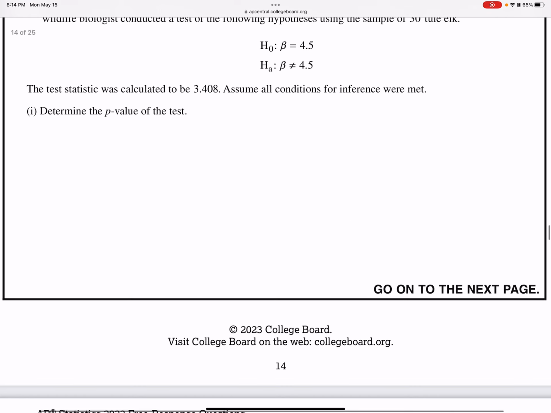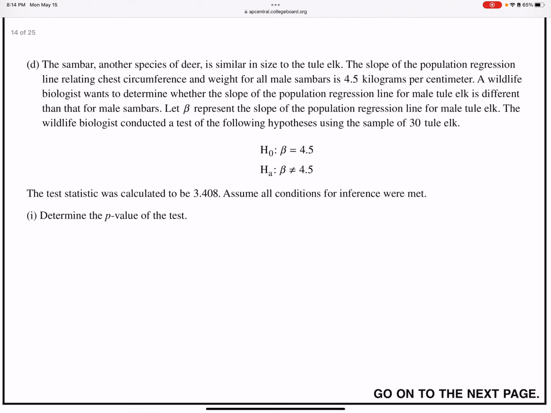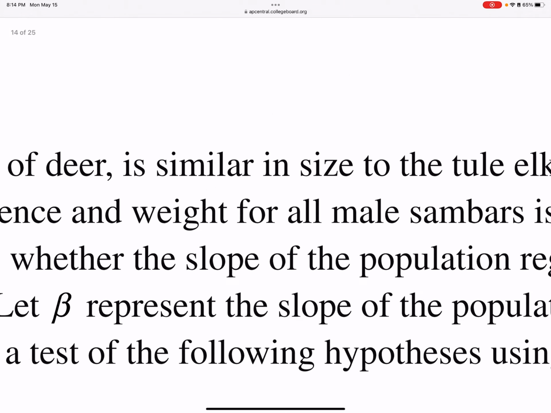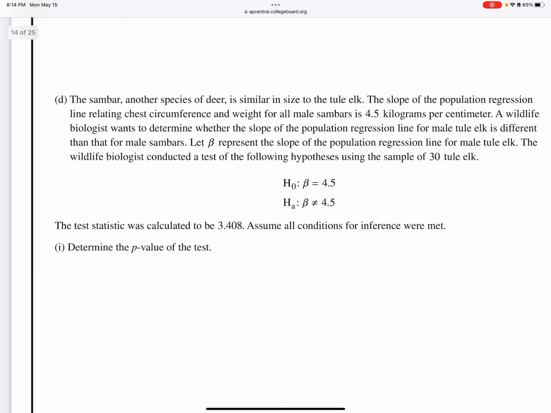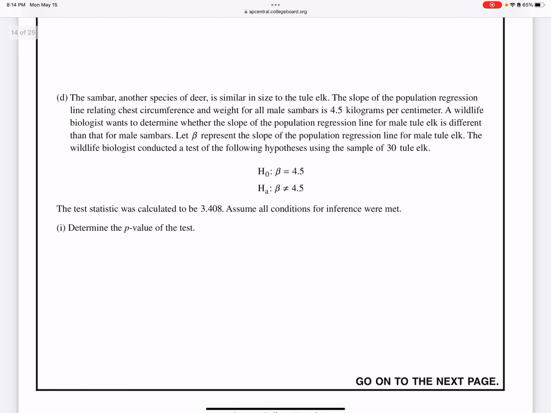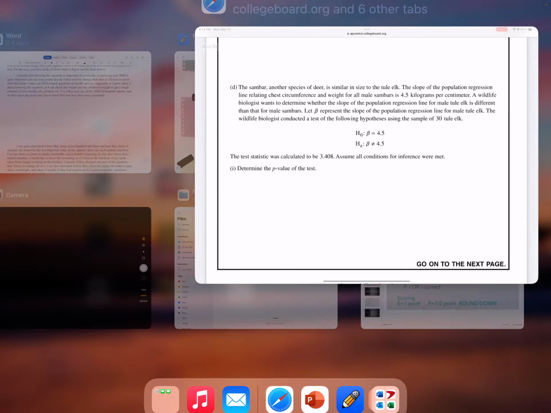So this question here says, basically, you can read the question, and then it gives you Ho, and it gives you Ha. It says the slope is equal to 4.5 under Ho. Ha says the slope is not equal to 4.5, so that is two-sided. It gives you a test statistic of 3.408. So you can use a tCDF on both sides to be able to find that p-value. So if you use a tCDF,